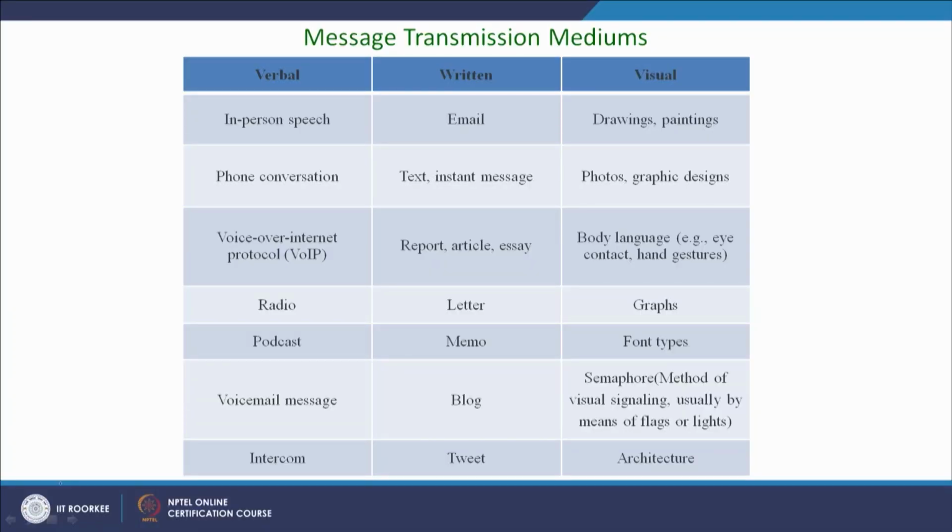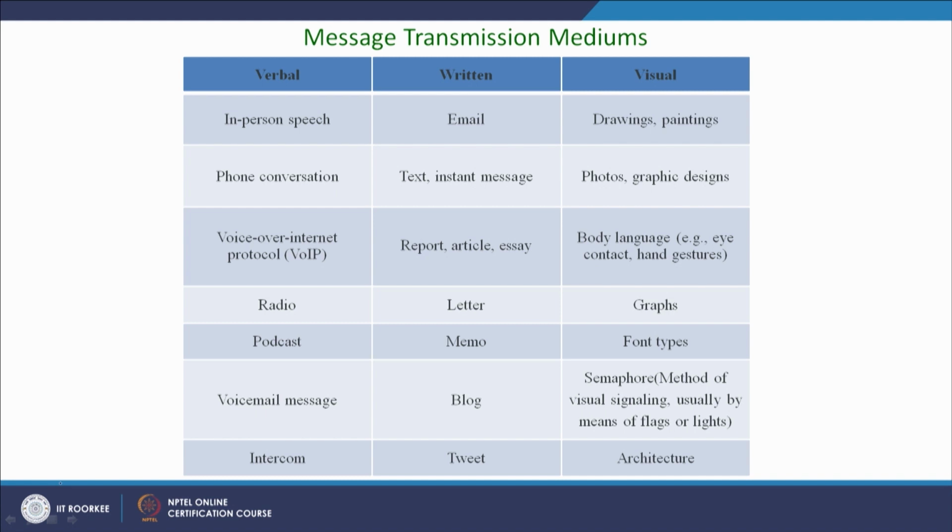Now, once we are talking about how this message transforms, there are some mediums of transmission of message, especially in an era of digitalization, where verbal, written and visual, all kinds of messages exist when the message has been encoded in different forms. It can be verbal, it can be written, and it can be visual. So, verbal transmission can be in the form of in-person speech, phone conversation, voice over internet protocol,